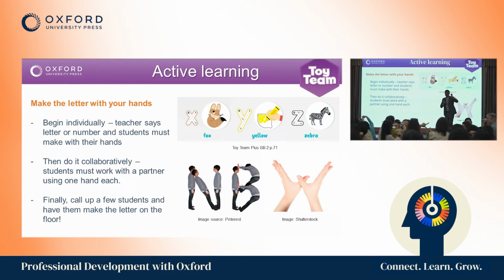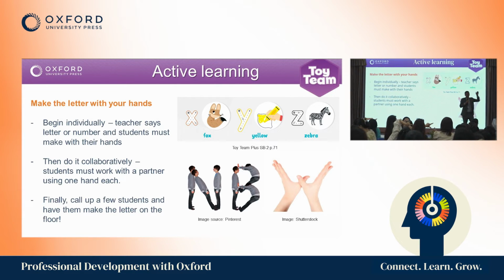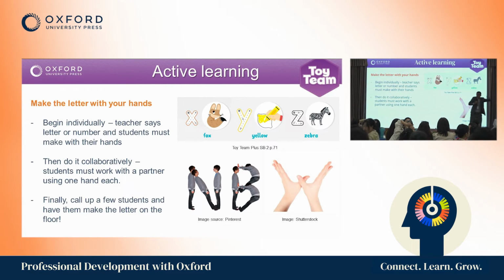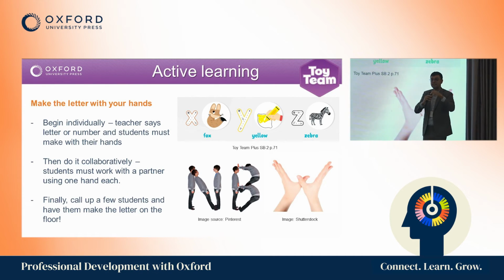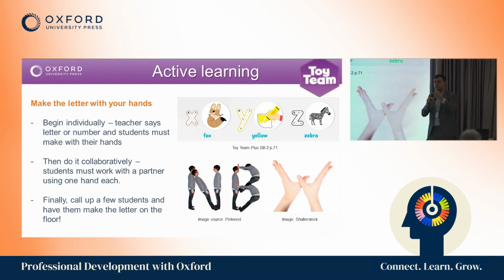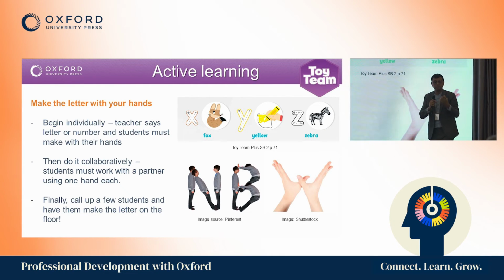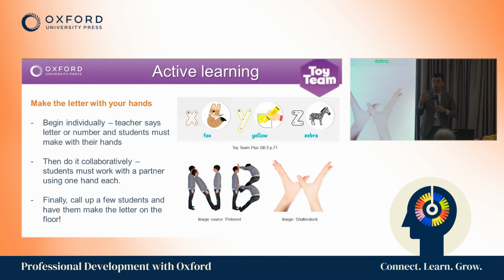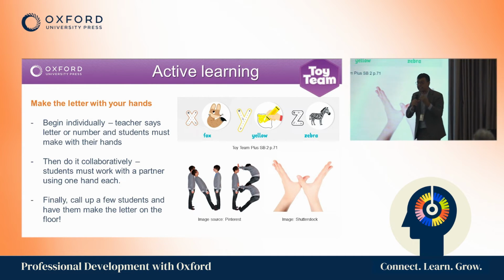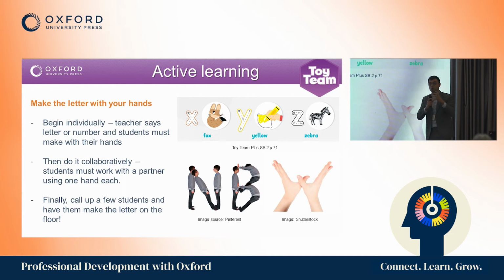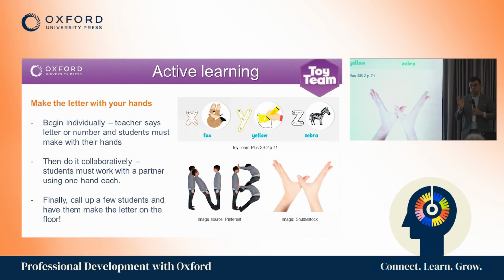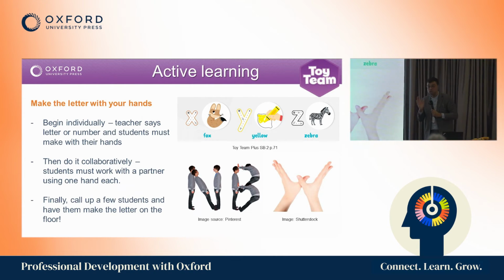So, what's interesting about that? Everyone did it differently. Some people used their whole arms, some people were leaning over each other, some were using one finger, some were using their whole hands. It's up to your students to figure out how to do it, right? What's the purpose? We're getting them thinking very, very deeply about the letter shape. How can we do this to solve the problem? Once we've done that, we get to the most fun activity,